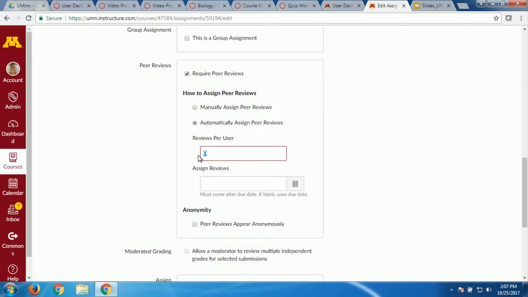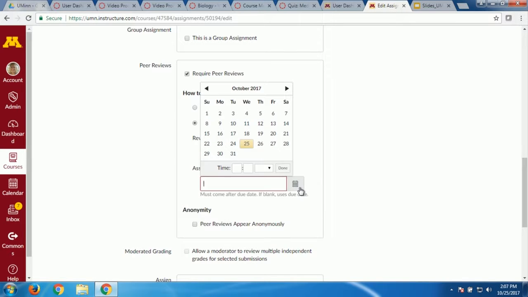And I want to review maybe, let's say every student gets 2 to review. They're going to submit drafts of their research papers, and they're each going to review each other's, 2 of them apiece. You set how many reviews they get, and then you also pick when they're assigned. And that means it'll show up in the student's to-do list as soon as they're assigned a peer review. They'll see it all over the place, actually. Students see it in many places, not even just their to-do list.